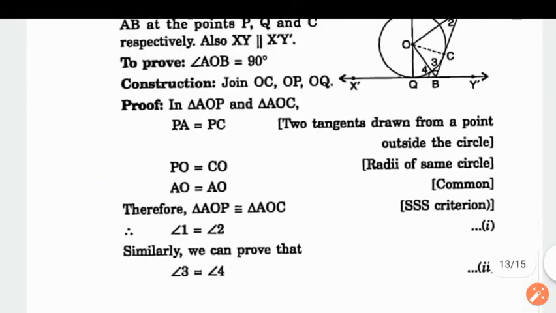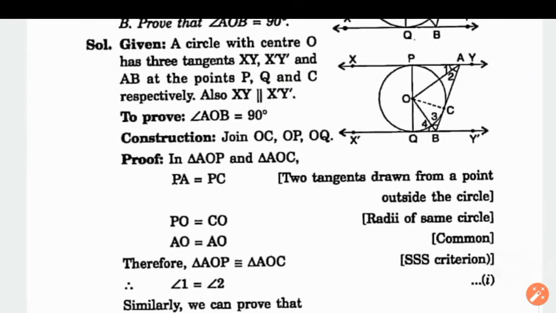Now see the figure. Angle 2, why have we taken twice of 2, why not twice of 3? Because see this triangle, triangle AOB. In triangle AOB, we can say that angle 2 plus angle 3 is 90 degrees. If these two angles are 90 degrees, then what is left? This angle must be 90 degrees, because the sum of three angles in a triangle is 180 degrees. That is why.